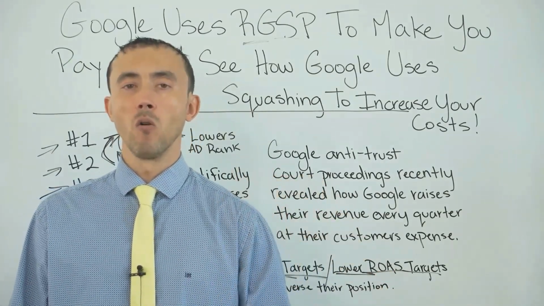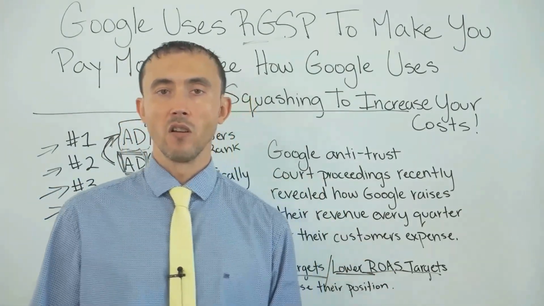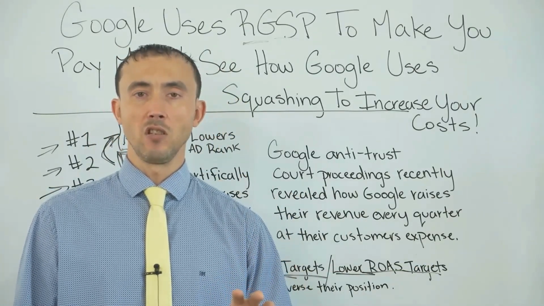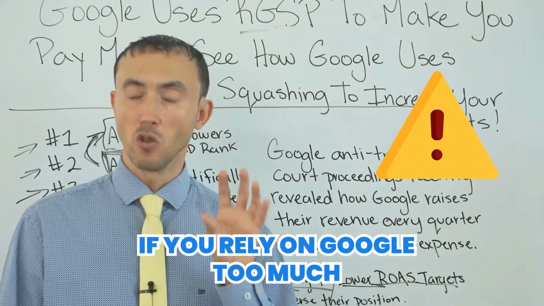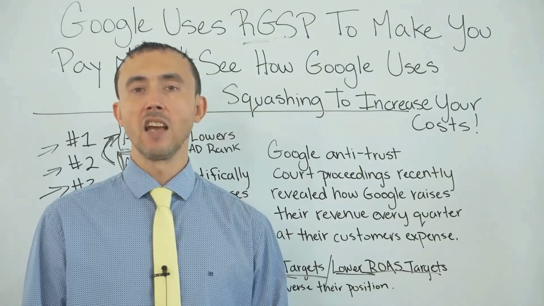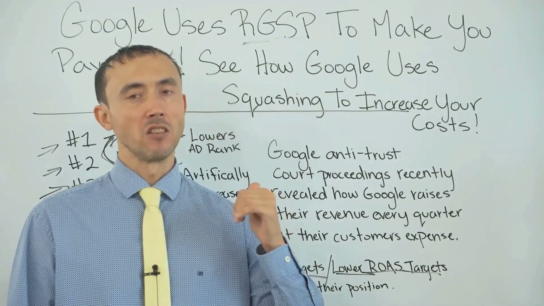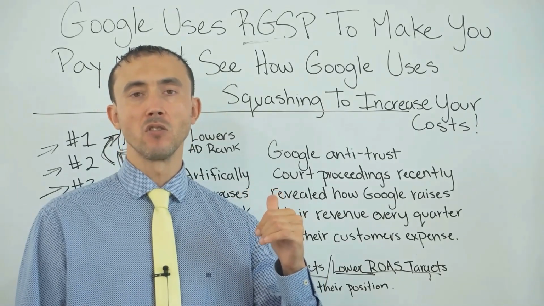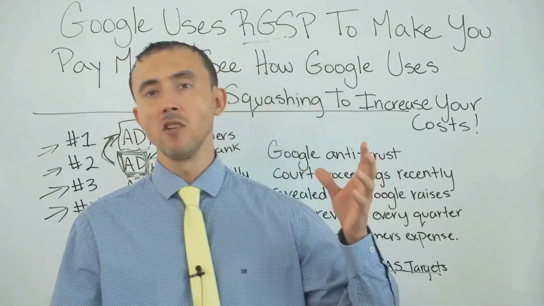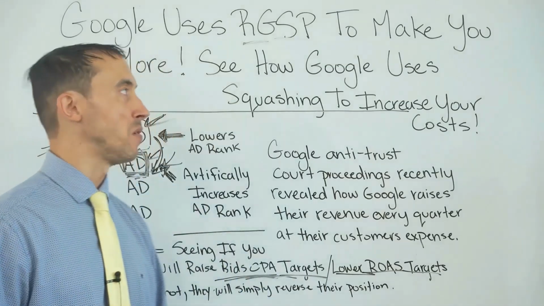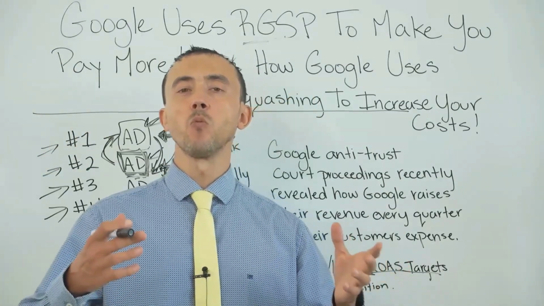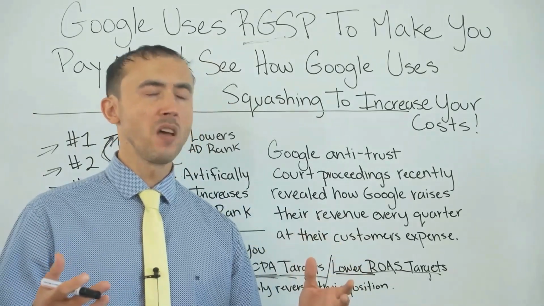So just know, going into the future, because they can't mint more ad space, they're going to try to do this to you. If you rely on Google too much, you are a sitting duck waiting to get hit with this thing. This has been going on for a few years now. This is nothing new. And for that matter, your impressions can go up or down just based upon this RGSP thing running. There's not always something that you did wrong,